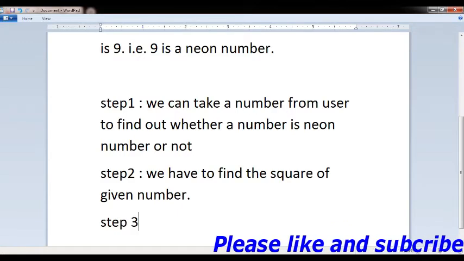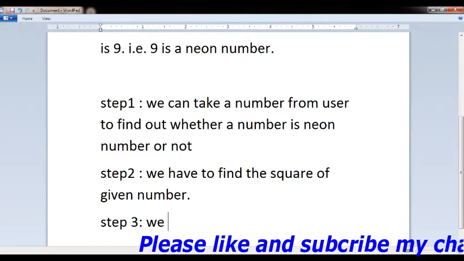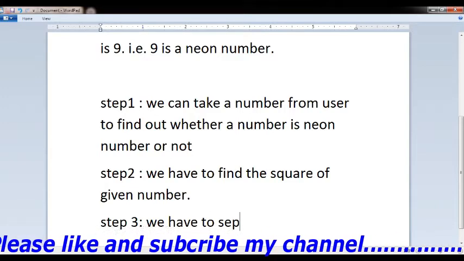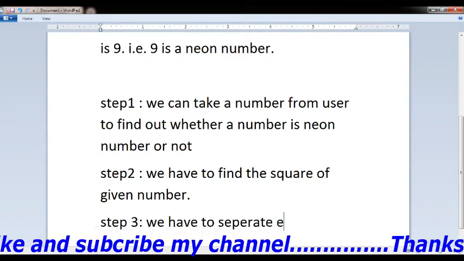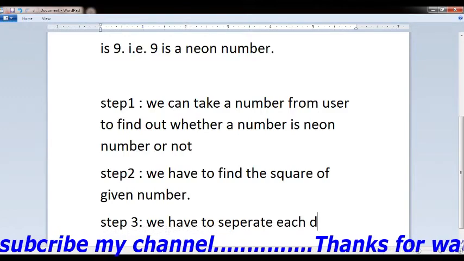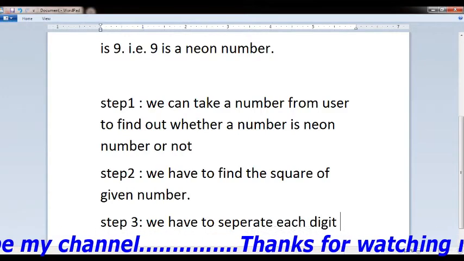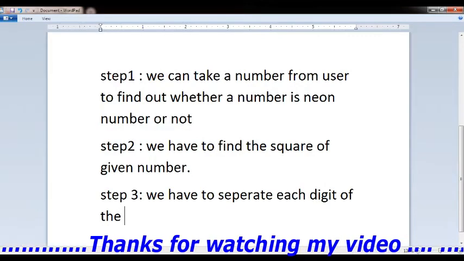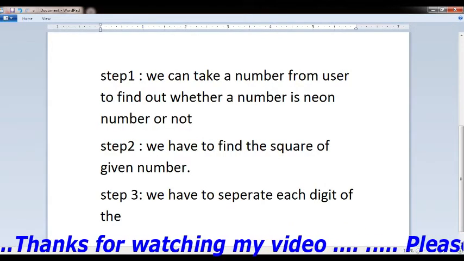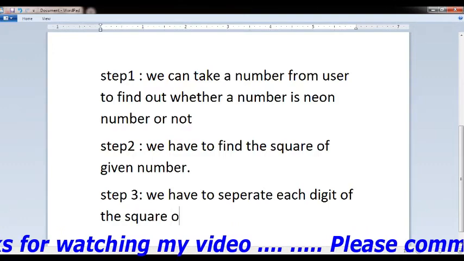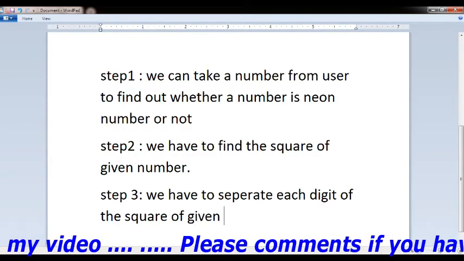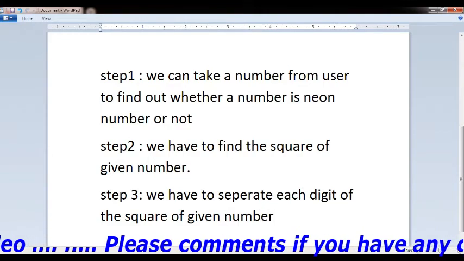After that, step 3, we have to separate each digit of the square of the number.